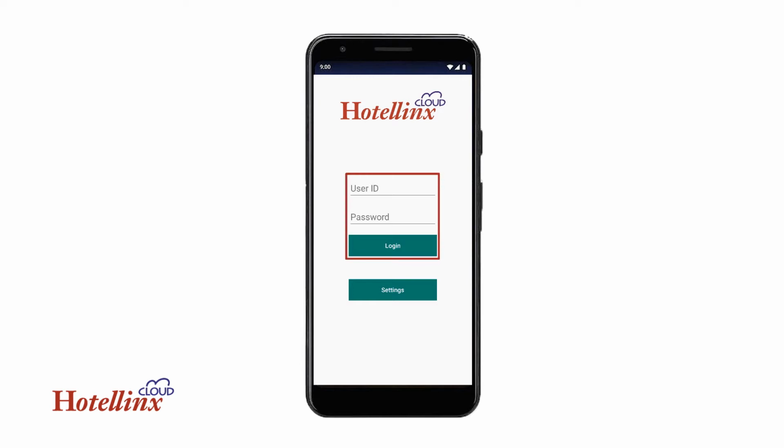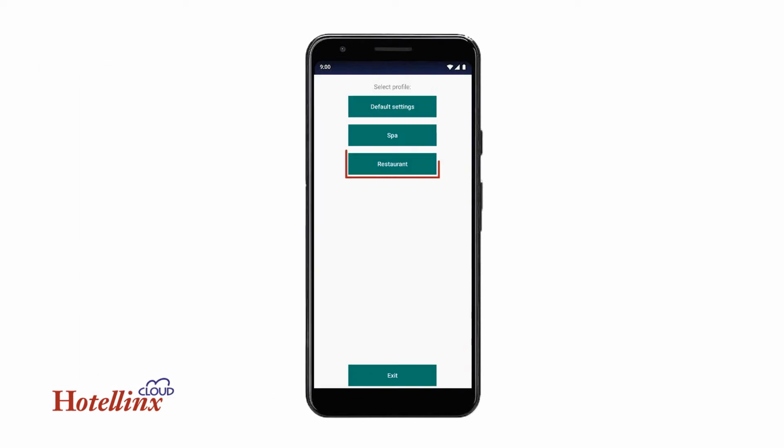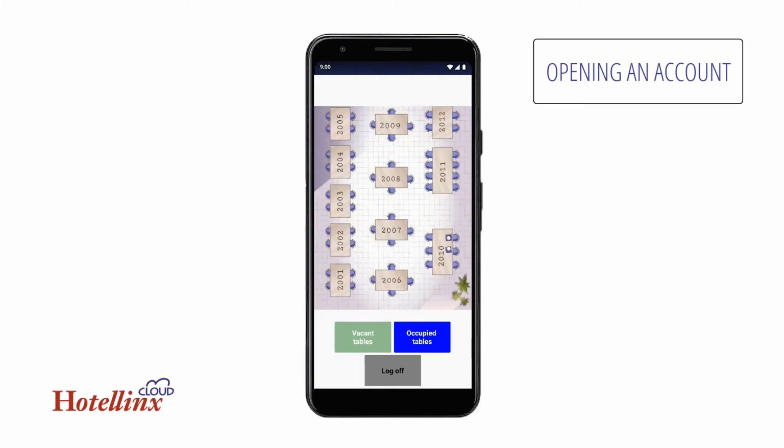Log into the mobile application with the same username and password that you use when you log into Hotellinx Cloud. After you have logged in, select the profile that you want to use. If it's used in different departments, several profiles may be available on the same device, for example restaurant, terrace, spa or conference. If an image has been uploaded to the device, you can see it as the background after you've selected a profile. The image can, for example, be a table chart, which makes it easier for you to pick